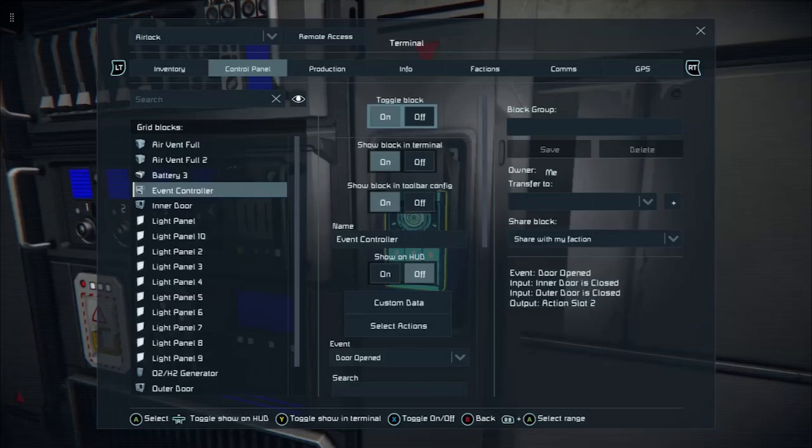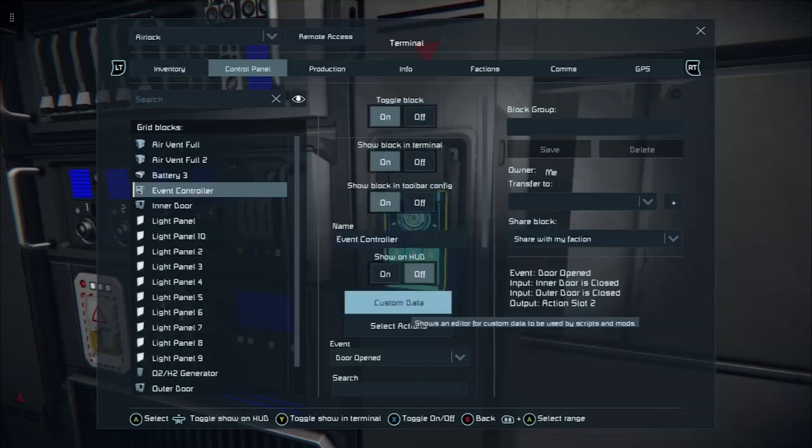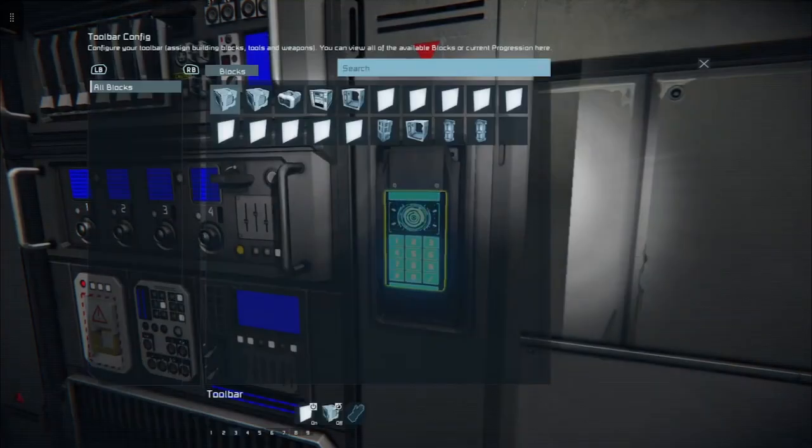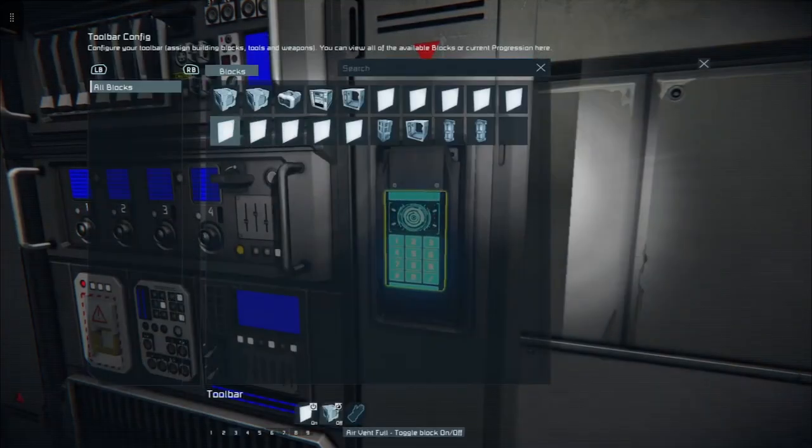I make no bones about the fact that things will go wrong in Space Engineers, and then you have to think, why is it going wrong? What have I done that caused this? Well, let's have a look on our action bar on the event controller, and I think I know where our problem lies. It's this air vent full.